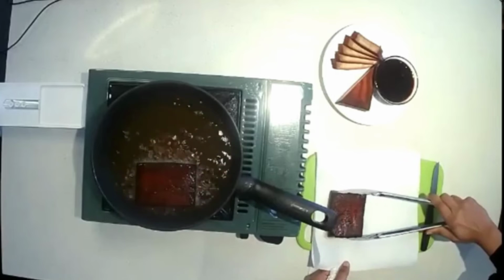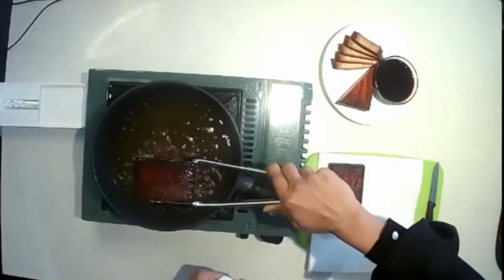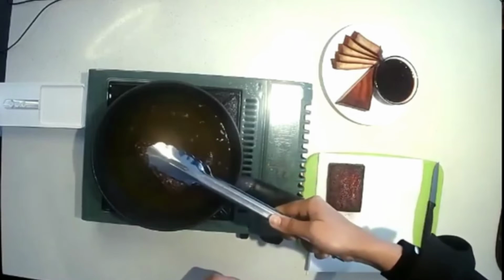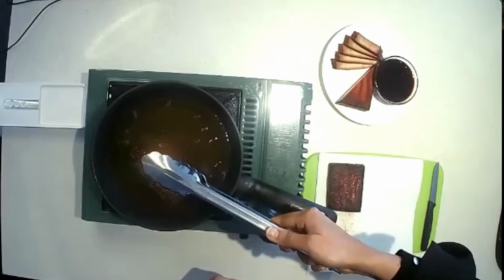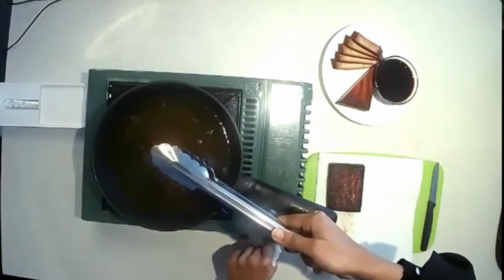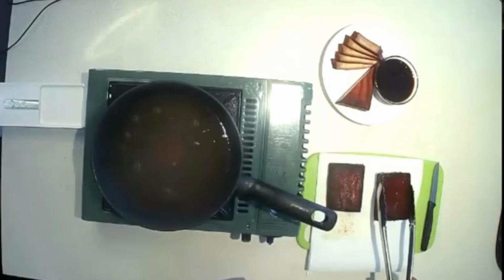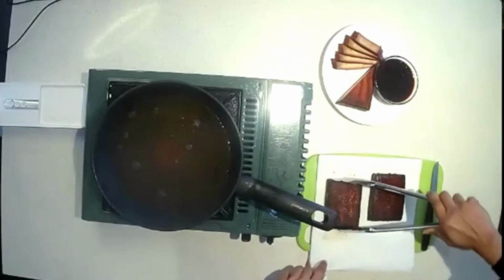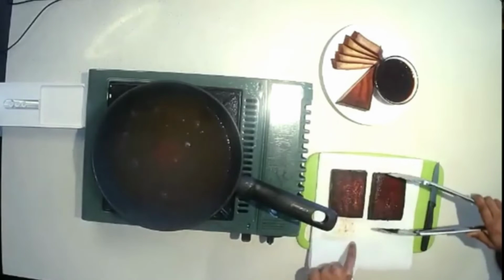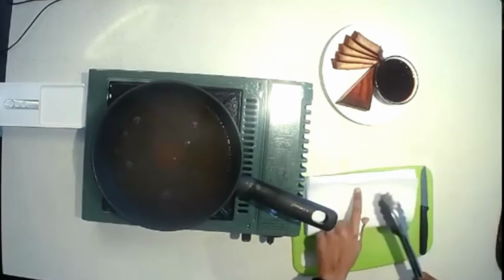Taking that one out. I'm going to move him up right there. And let that drip as much as possible. Turn that heat off. And voila, that. And what we're going to do now is just kind of fold it over to make sure it's nicely